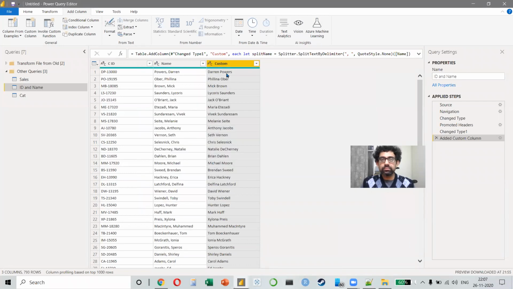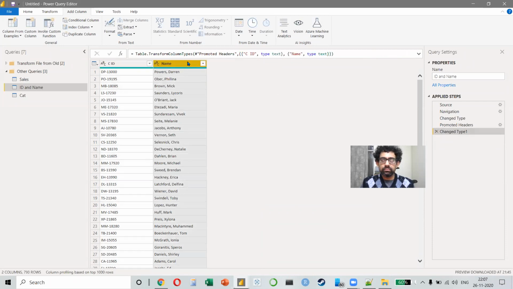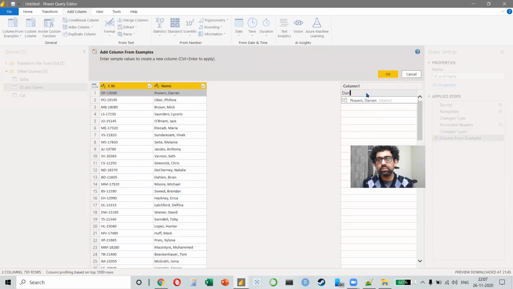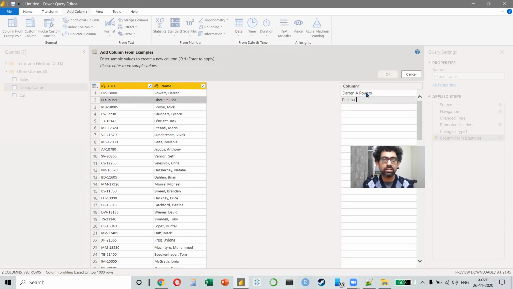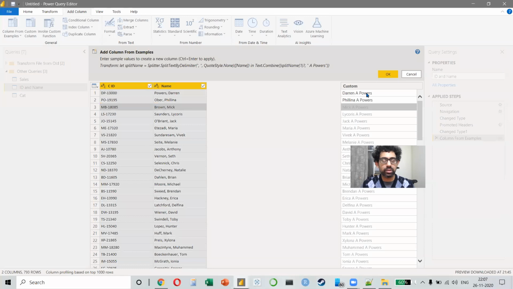So, here in the first example, you interchanged the names. If I want to add some initial in between, can that be done? Like Darren M Parse, something like that. But what is the logic? If I say Darren, what do you want to add in the middle? Any initial, some M, A, B, C, D, anything like that. If you make it Darren A parse, and if you make the second one Phil Lin A parse, then it will add an A in each one. And if I add A, B, C, D, something like that in a sequence.